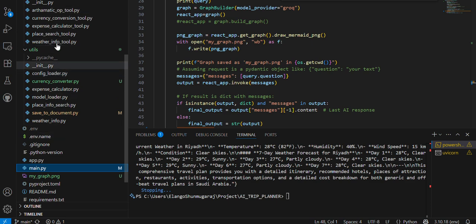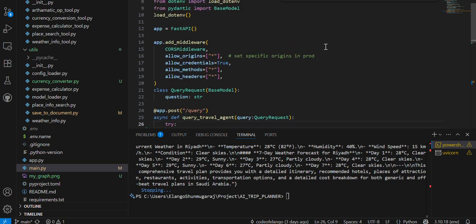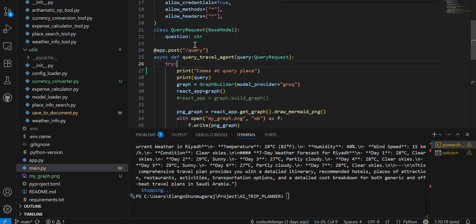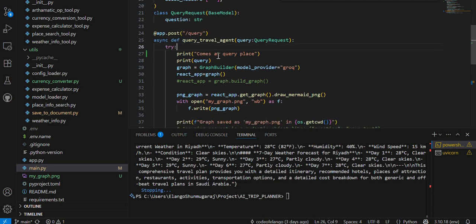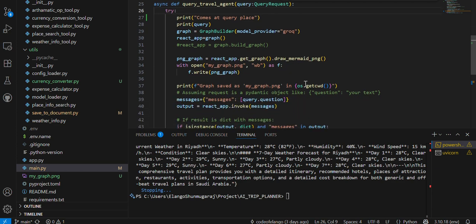So these tools are all connected in that chatbot. Then these are all accessed in API format. So we are creating it here using FastAPI. With this, when you hit from the screen, it will come here. So we call this the graph builder and generate the